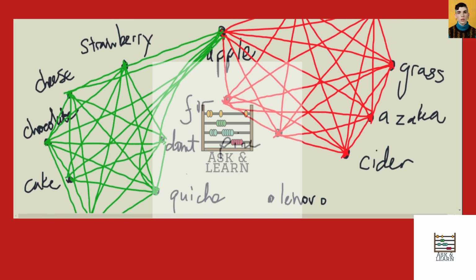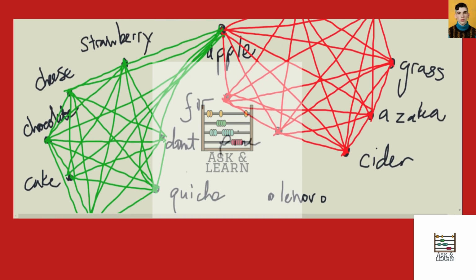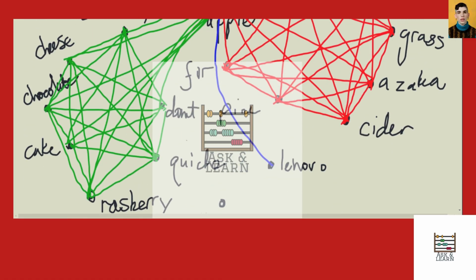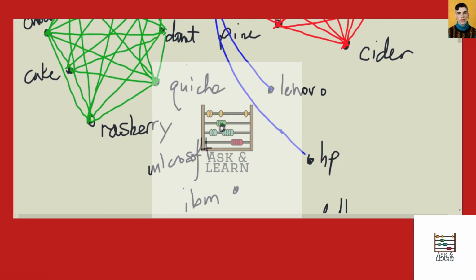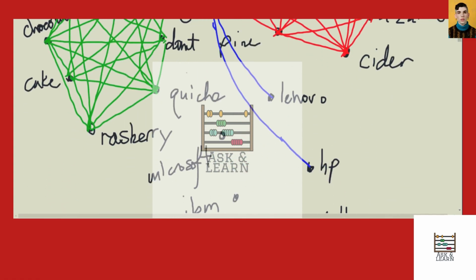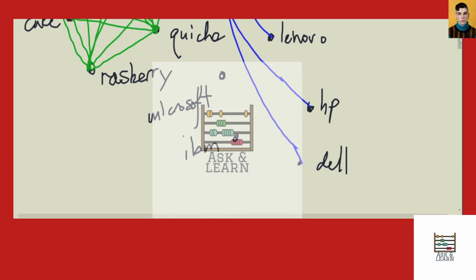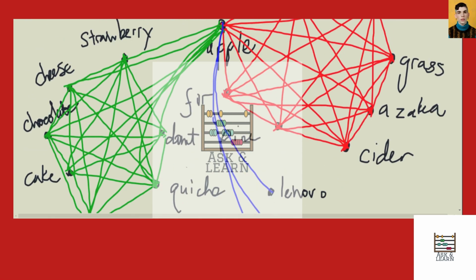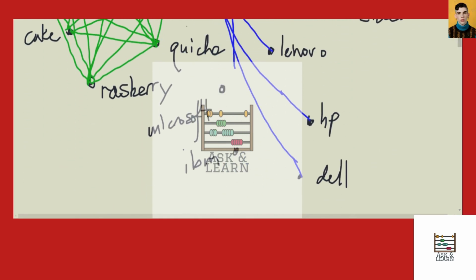And so we have an edge between Apple and Lenovo, between Apple and HP, between Apple and Dell, between Apple and IBM, between Apple and Microsoft,